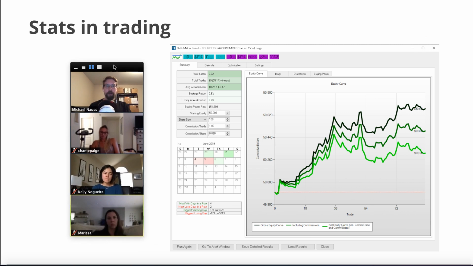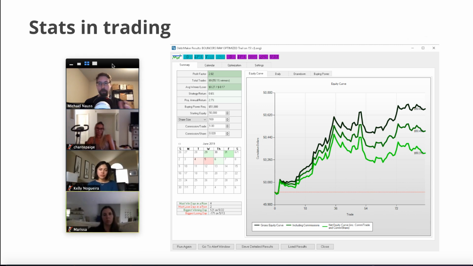So this is just a shot of this strategy in the backtester. And again, we'll get into this more when we're actually in the platform, but this is how it would look if you ran this particular strategy within Trade Ideas. And the reason it's important to show the big picture now is that these raw numbers alone are not enough,